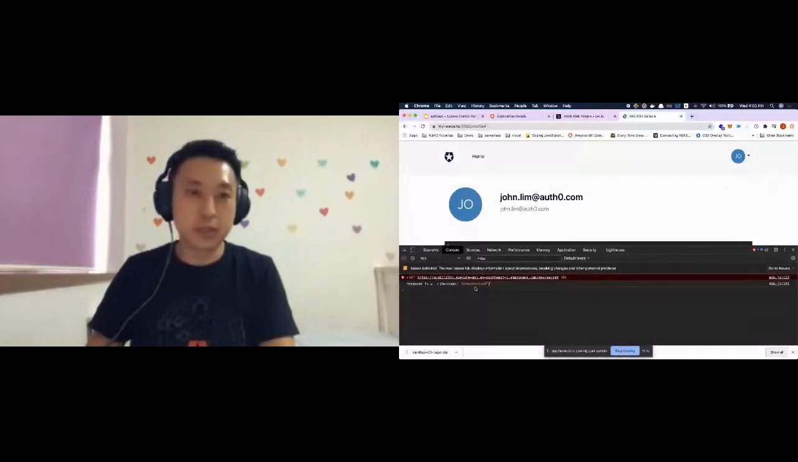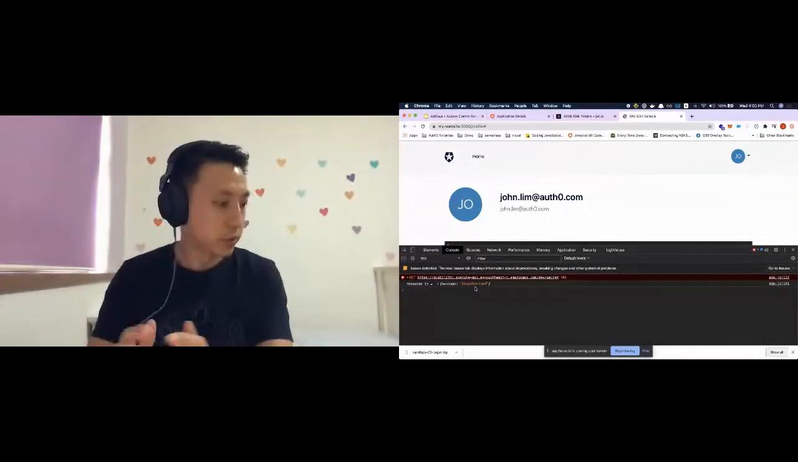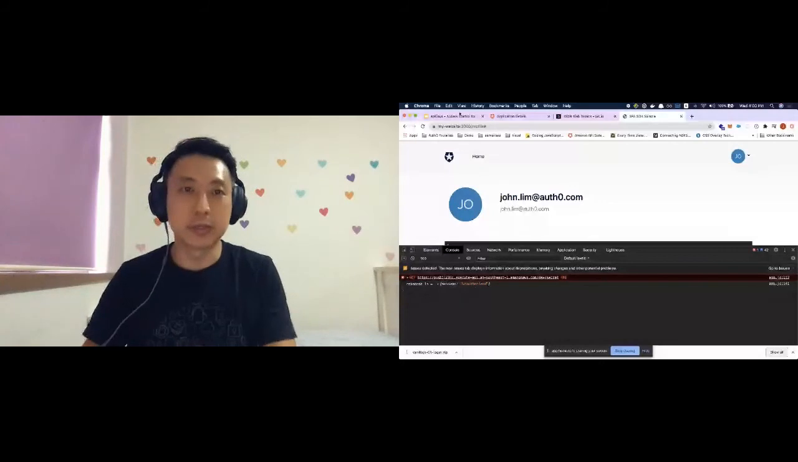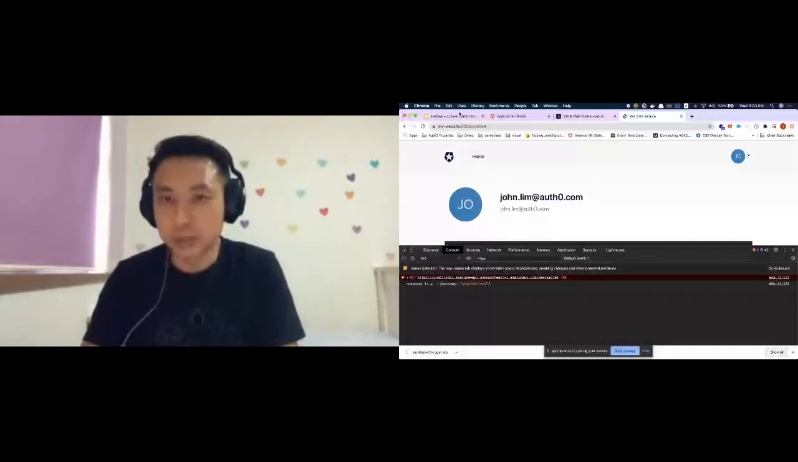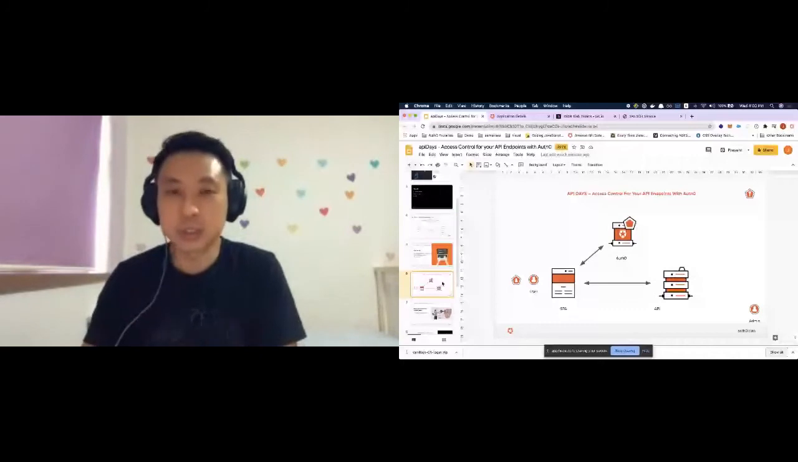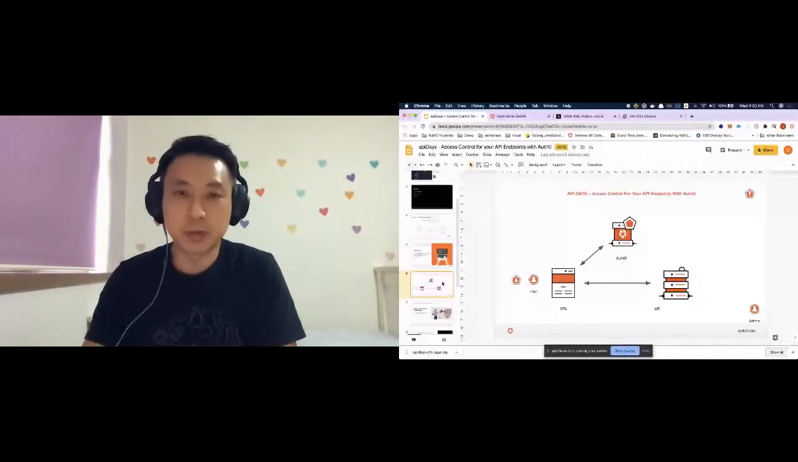Right, and the response you're seeing is that it is unauthorized. So what is happening here? This is a good segue where we can talk a little bit about access tokens. Like I mentioned, under the covers, Auth0 uses OpenID Connect, which is built